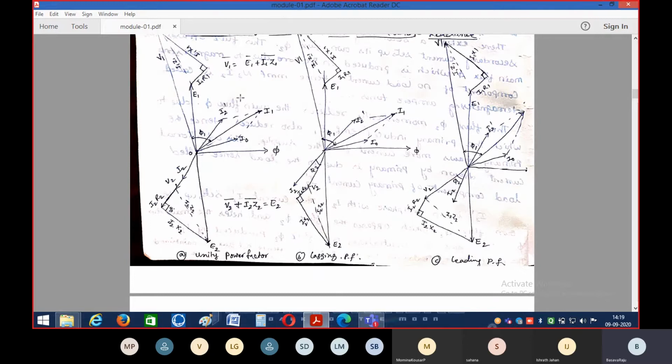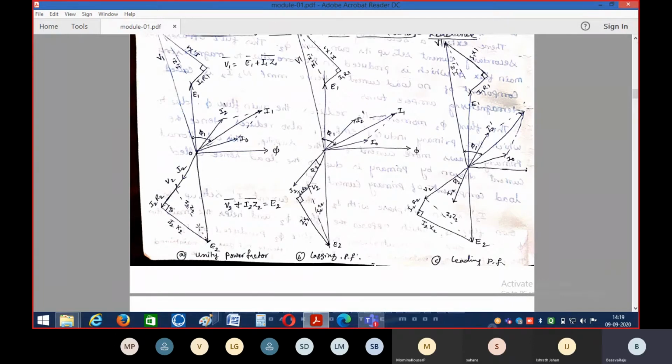This is the primary current, primary with respect to primary. Now I2 dash plus I0 results in the vector called the primary current. So this large vector represents I1. This angle phi naught we have with respect to I0, and with respect to this we have phi1. Still we have not developed this. Next we will develop it.